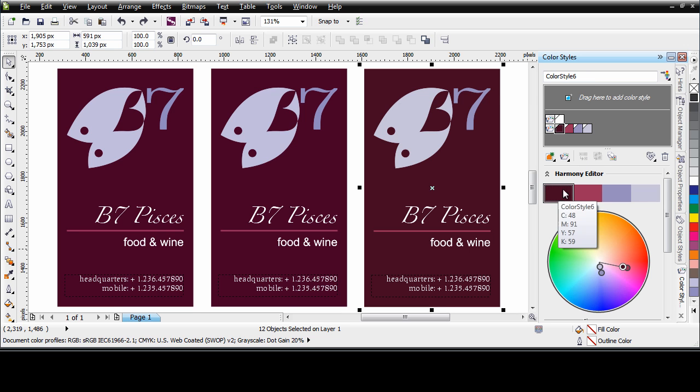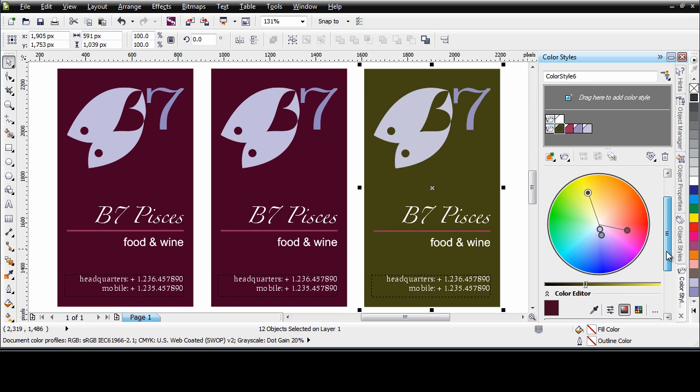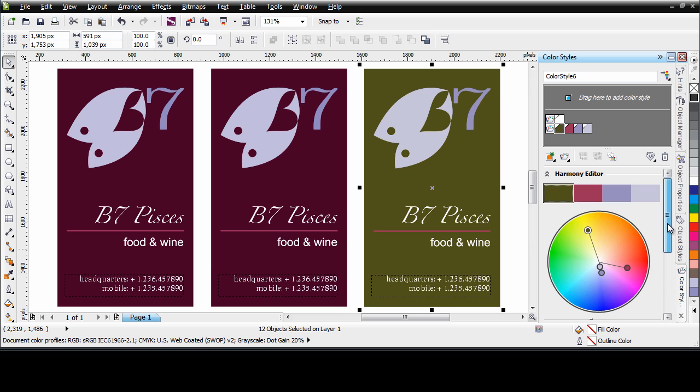So I'm going to click on the plum color, so I know that must be the color selector ring, and I'm going to move that to a more autumn shade. Something like that. That will look great. And I'm just going to increase the saturation a little. There we go. What I want to do now is I want to recolor the fish and the number 7,